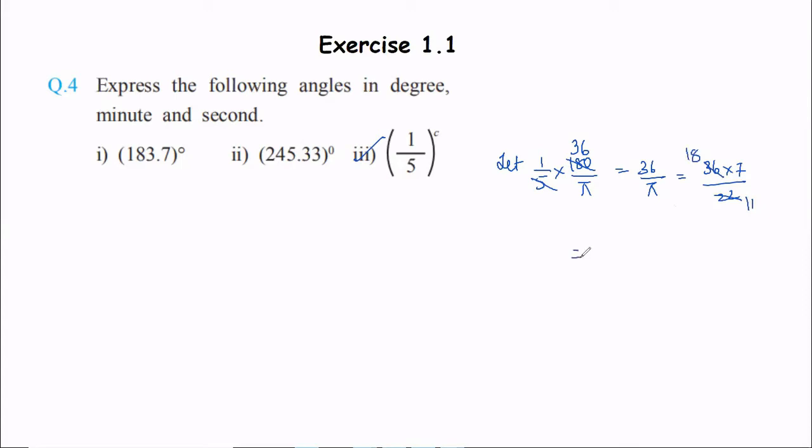So what is 18 into 7? You will get 6, 1 carried. Yes, 5 carried. So that is 12, 126. 126 divided by 11. Think over this. Let's cancel. You will have 11. Wait a minute.